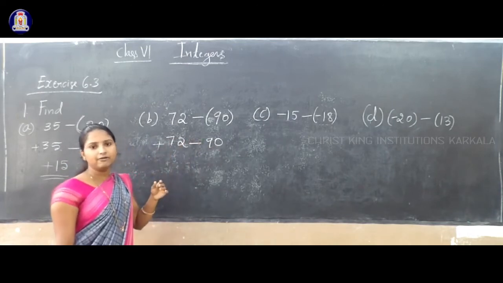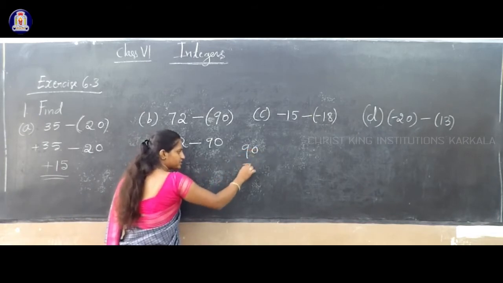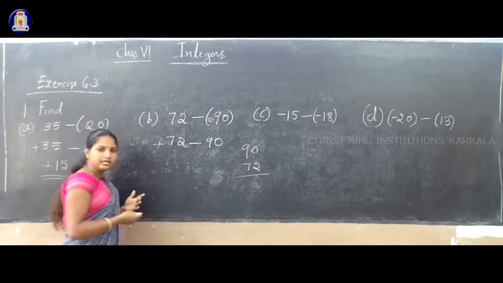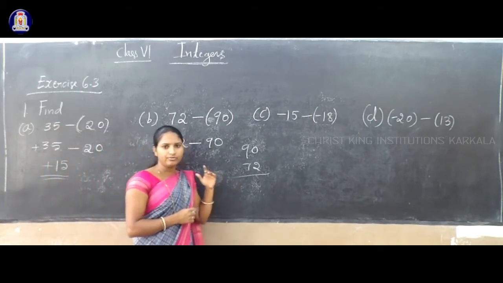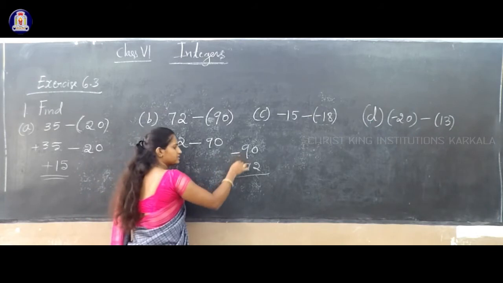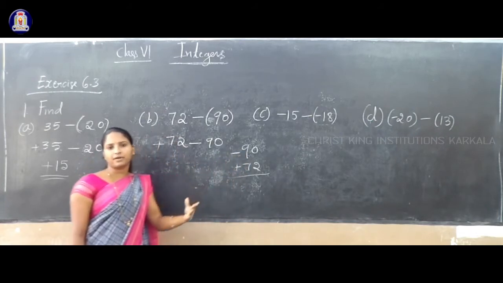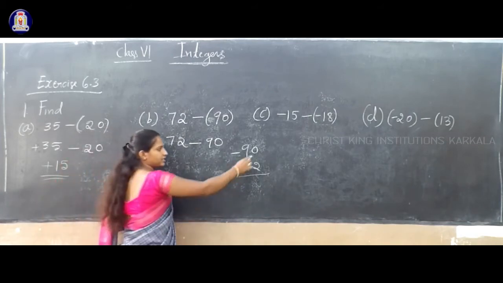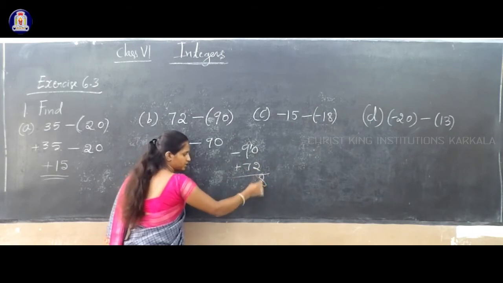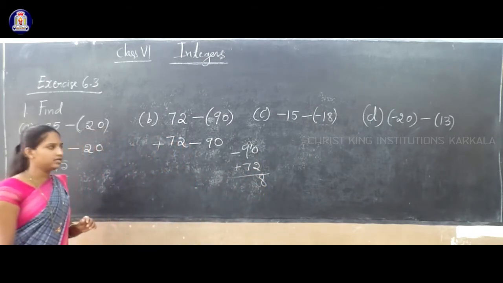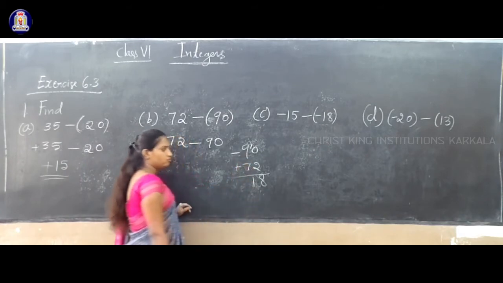So what is 90 minus 72? If you want, you can write the greater number as the first term, then write the smaller number. Like that you can subtract. Subtraction depends on the sign. Here the sign is minus, here plus. So the signs are different. Different sign means subtraction. So if you subtract, we borrow 1, we get 10. 10 minus 2 is 8. Is it correct? So what is remaining here? 8. 8 minus 7 is 1.